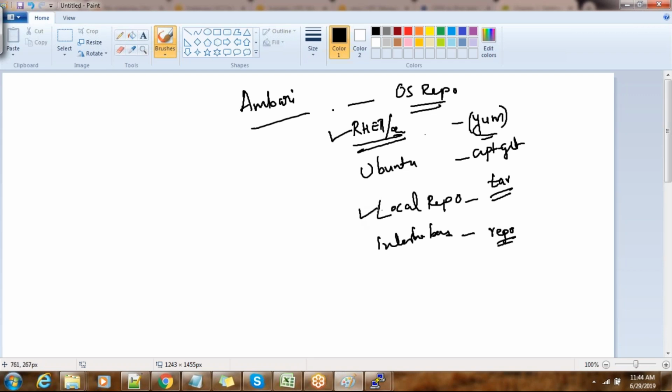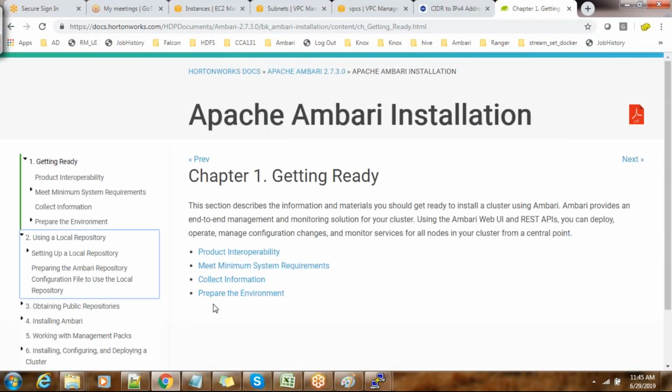I recommend this one because in some enterprises they don't have direct internet download access. Wherever you have direct internet access, you can use this repo. I'll show how both of these work in detail.